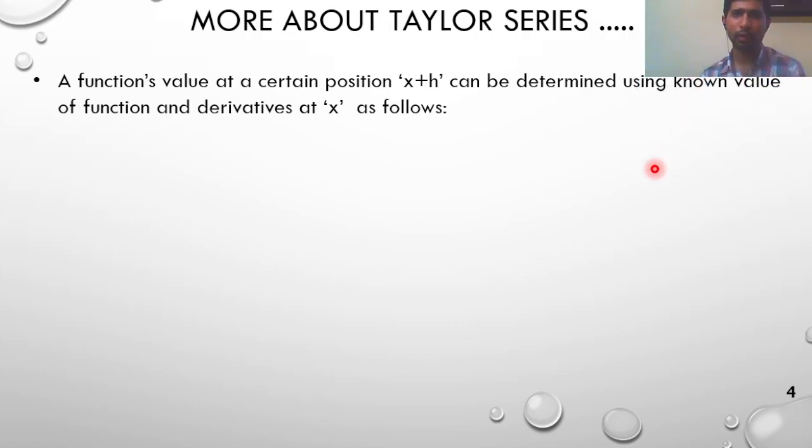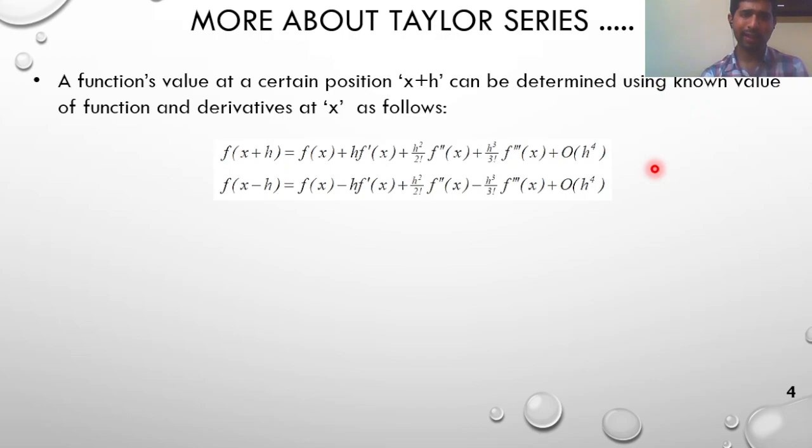I'm just revising it. In the Taylor series, what do we do? We get an expression for a function at x plus h, where h is a small increment from x. I want to calculate a function, say e raised to x, at x equal to 2.1, but I know the value at 2. So 2 plus 0.1, a function at x plus a small increment. I calculate it using the known function f of 2, that is e raised to 2, which I already know,